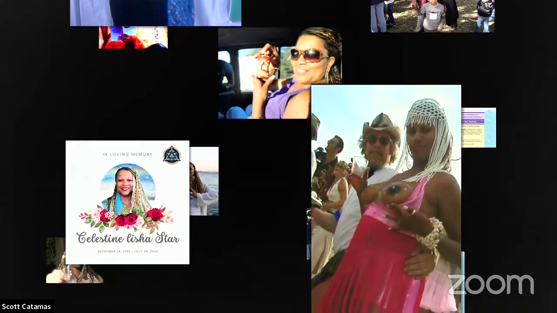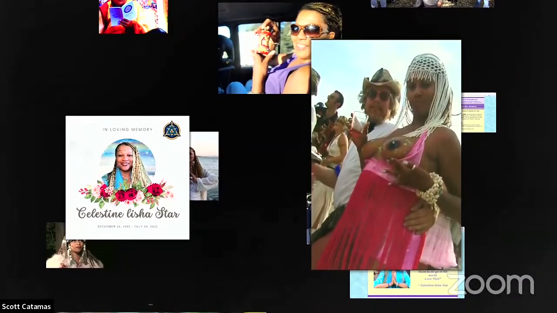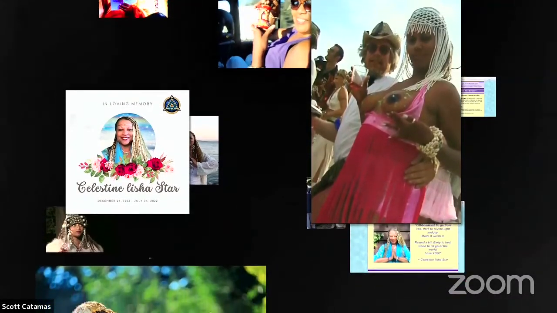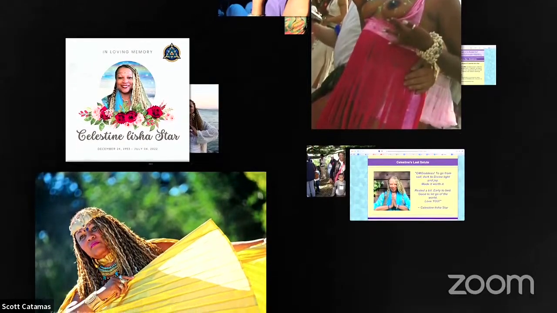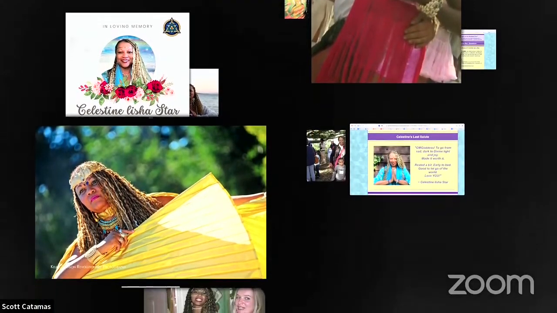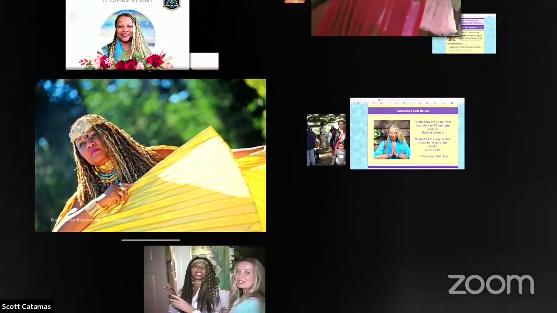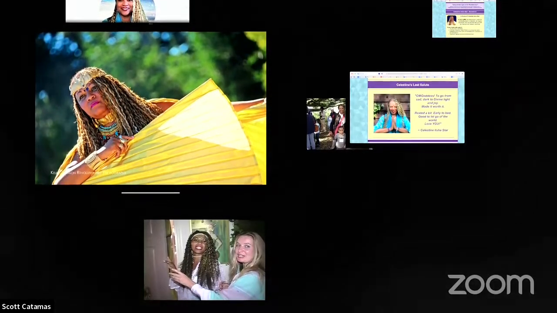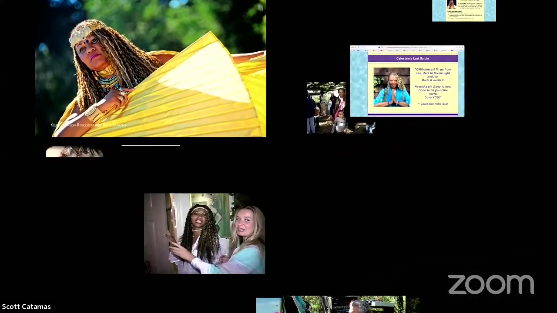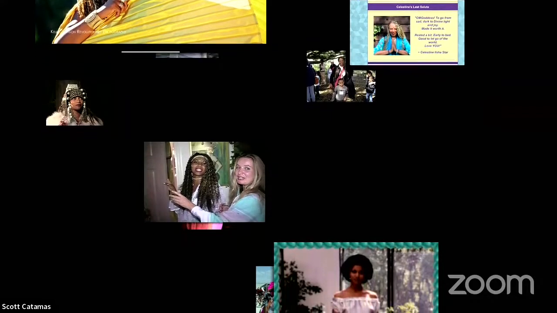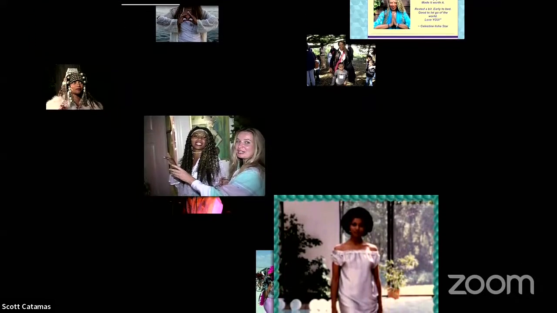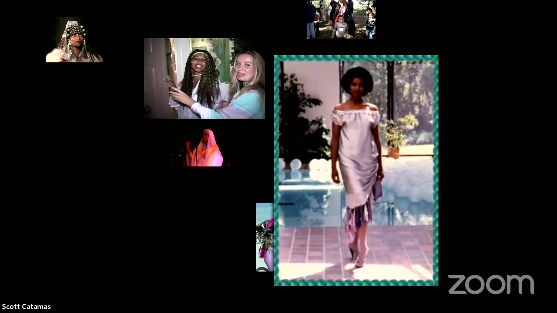Our dear priestess, goddess, beloved star, our dear Celestine Star, has chosen to gather us all together, to bring us into this sacred ceremony, as she was so wonderful at doing. We are opening